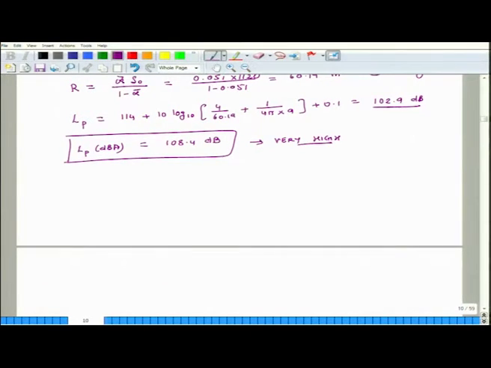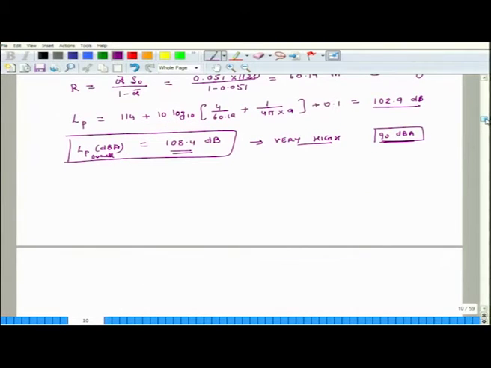So, clearly we want to ensure that this number comes down. In worst case scenarios, there is actually a law which says that a person should not be exposed to more than 90 decibels A weighted if he is working for one entire shift, which is like 8 hours. So, for 8 hours continuously, the maximum sound pressure level you could be exposed to is 90 dBA. So, this is way more than 90 dBA. Now we want to ensure that this overall sound pressure level comes down significantly.